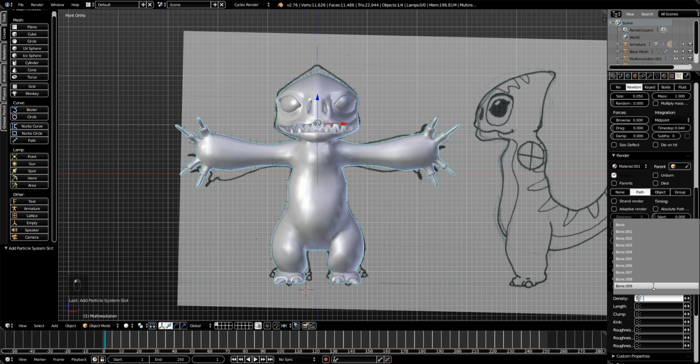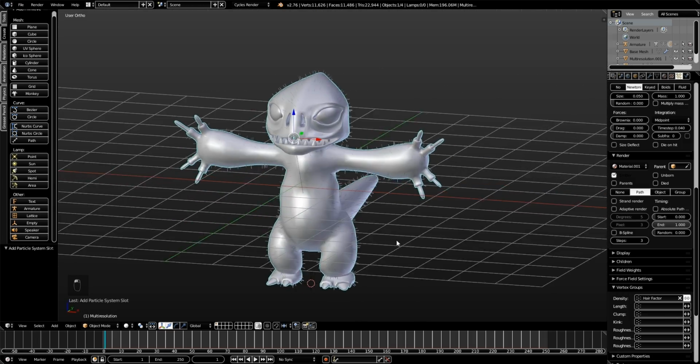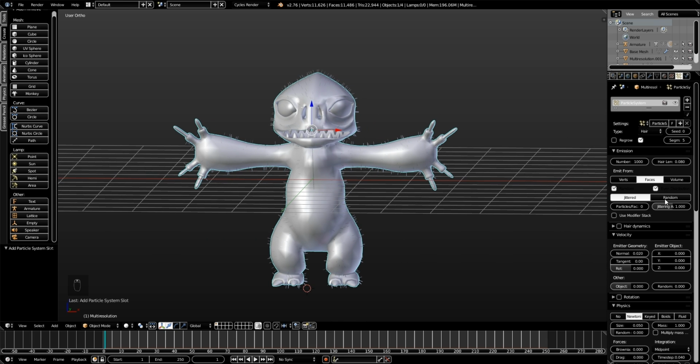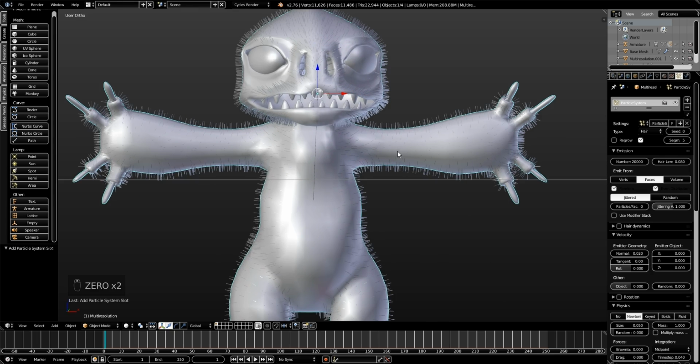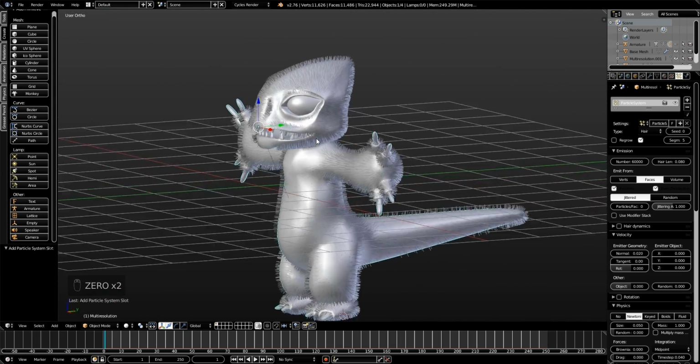Vertex group, we will add here a vertex group which will be her factor and invert it. We want, I don't know, about 20,000 hairs, and then we will add children to it, or maybe 60,000. Yeah, I think that's good,